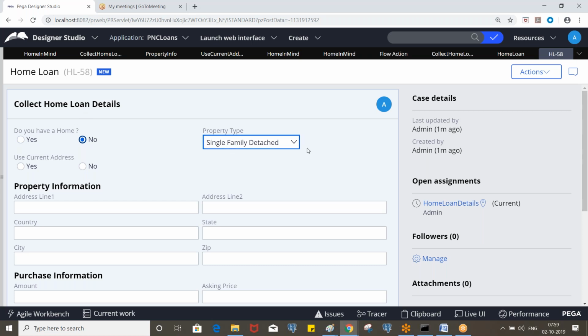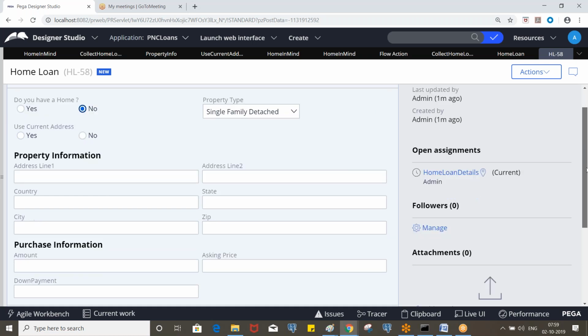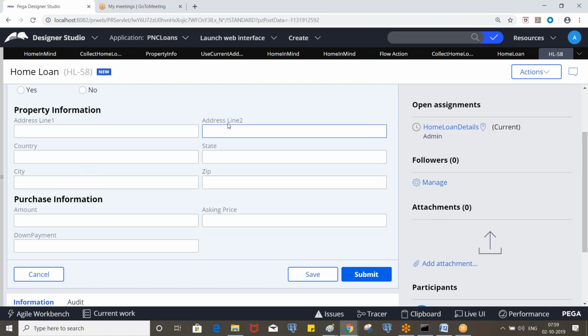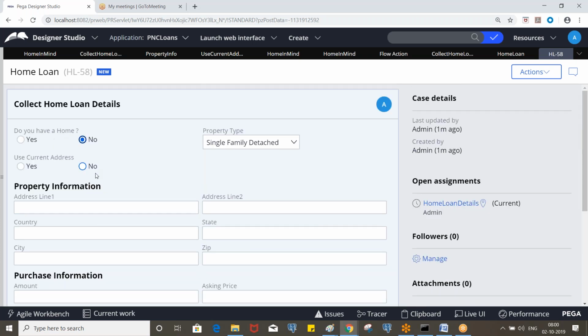And since it is no, this layout should not be displayed. So only purchase information has to be displayed. So again, you need to put the condition for the layouts that you know already. So you can handle that. Okay. So based on the home in mind property, you can put the visible condition. Okay. Clear?